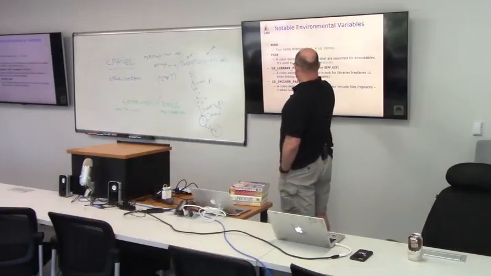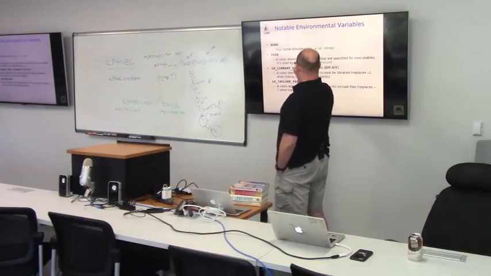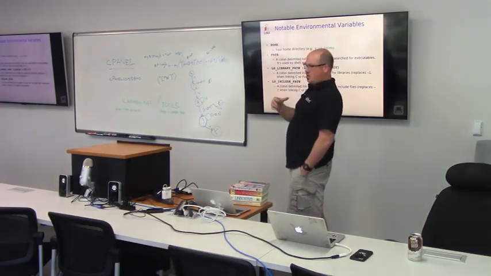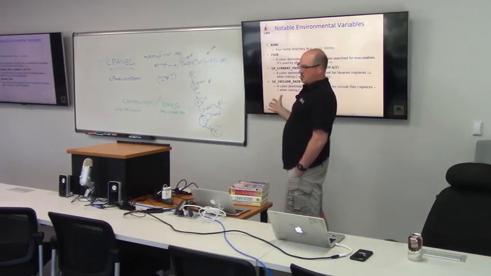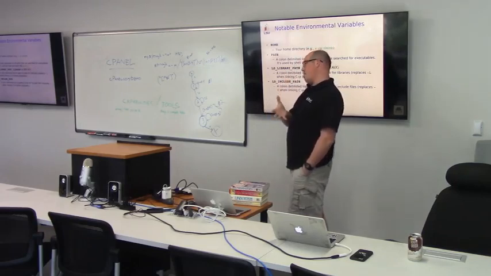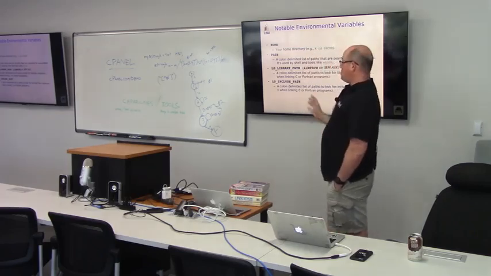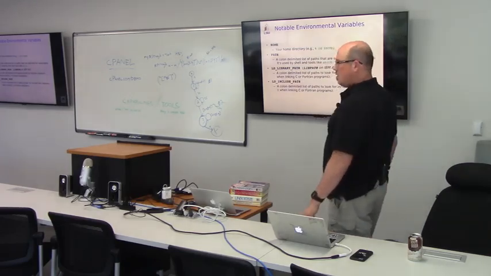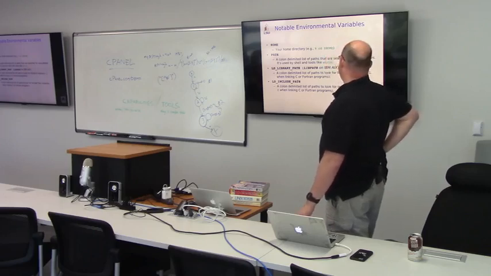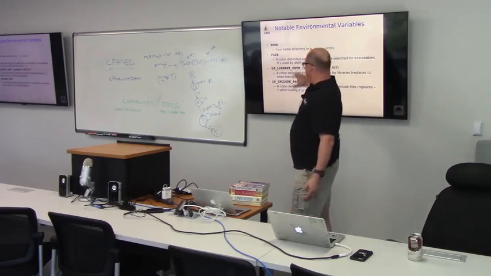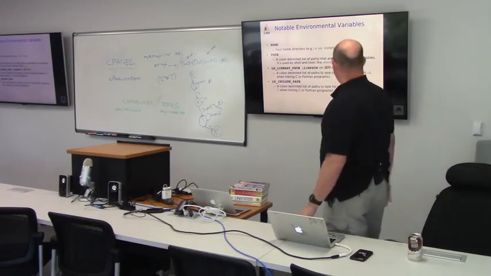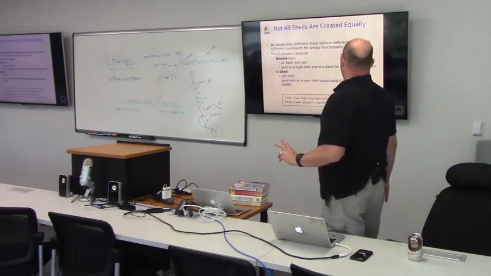I have these in here because at the time we were doing lots of compiling of things. But LD_LIBRARY_PATH is a way to tell the compiler where to look. Like say you compile some custom libraries, and instead of using the standard libraries on the operating system, you want to look somewhere else. You would use these variables to impact that. Library path is like where your compiled libraries are. The include path is where you would look for your header files, the .h files, just in case you want to know.